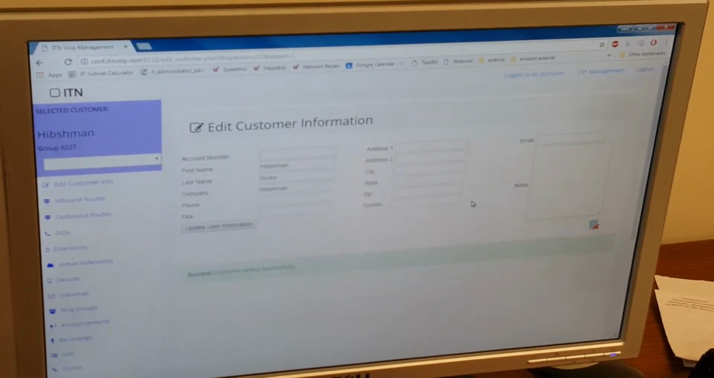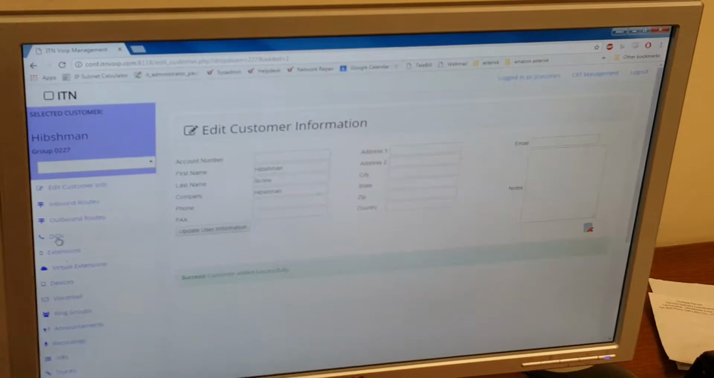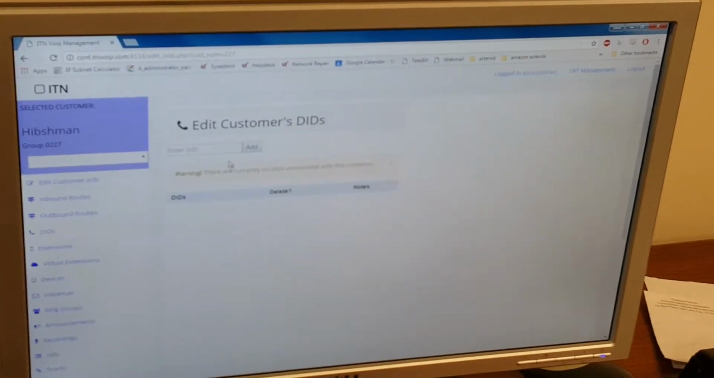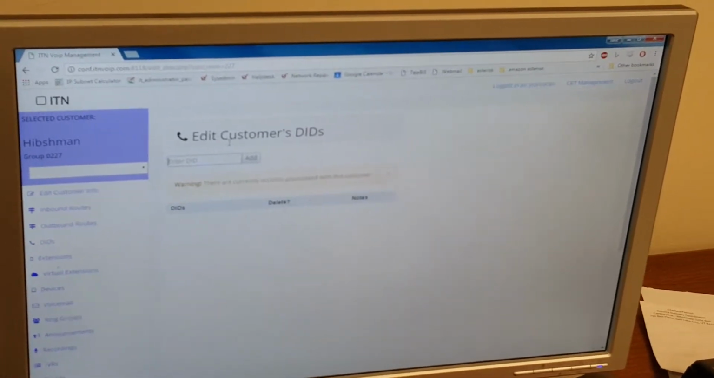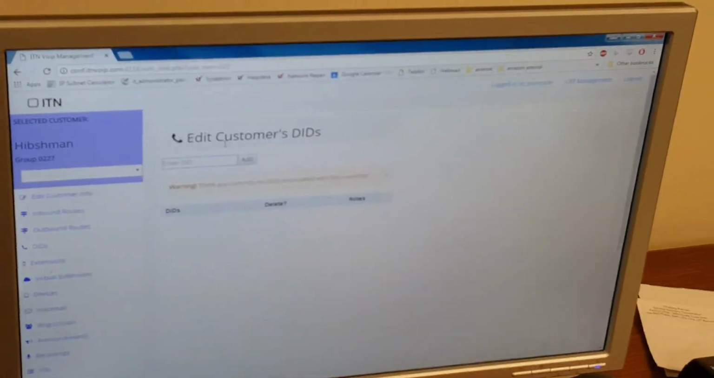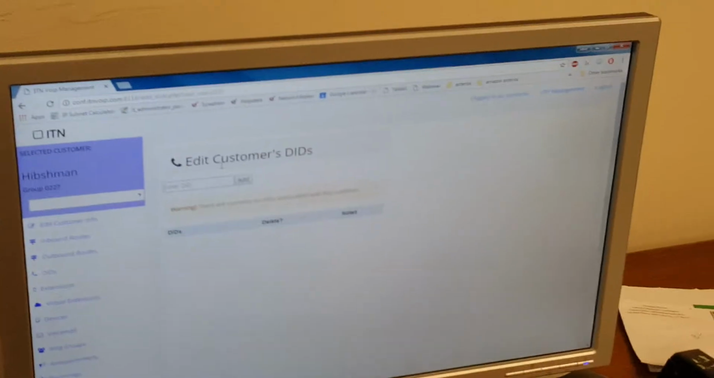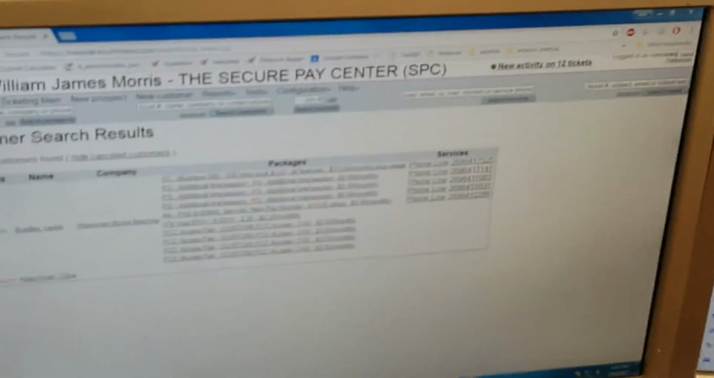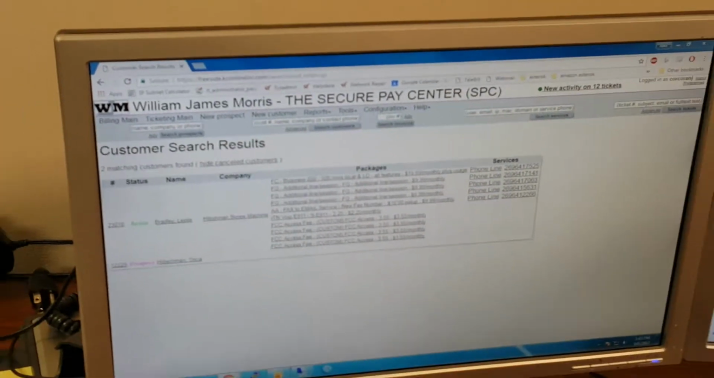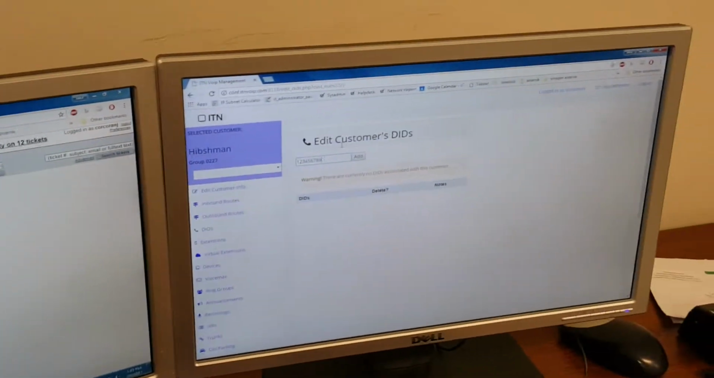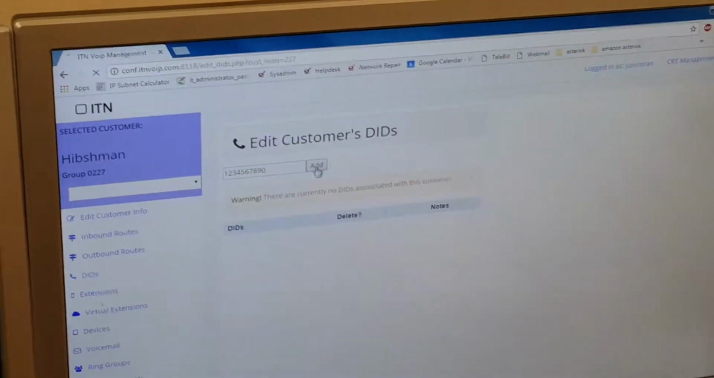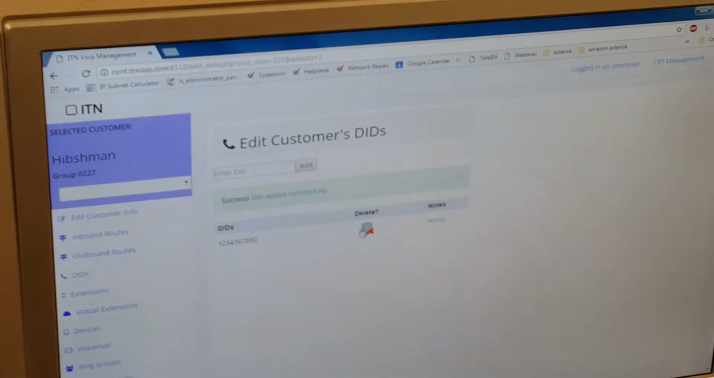Correct. Then we add all of their DIDs, all the DIDs that are going to be associated with their account. And we know this from the ticket information. Or if it's a previous customer already in our system, we would copy that information over from FreeSide. So we add the DID,